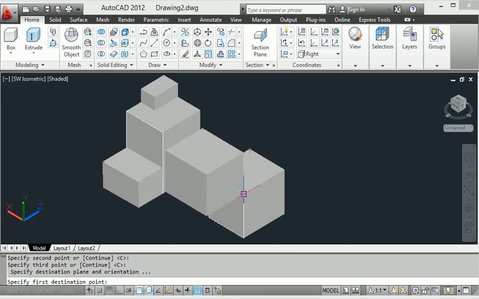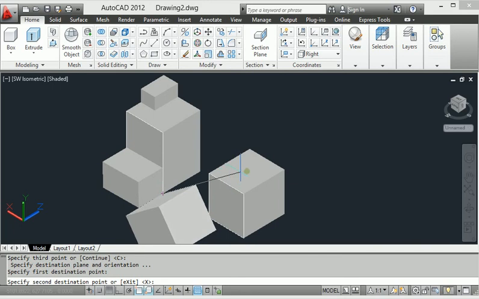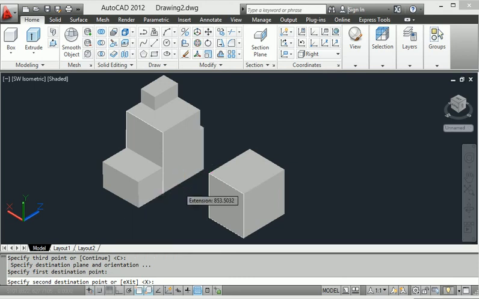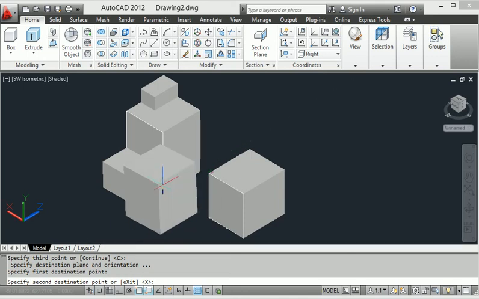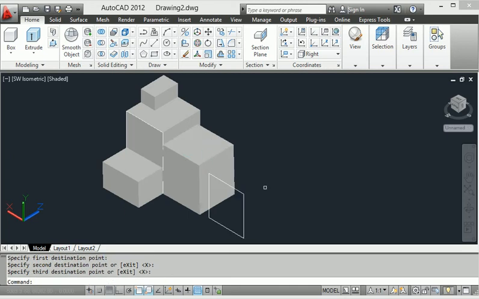First I decide the position I want to get, and I click this point, which is suitable for the diagram. So merging is very easy in AutoCAD.